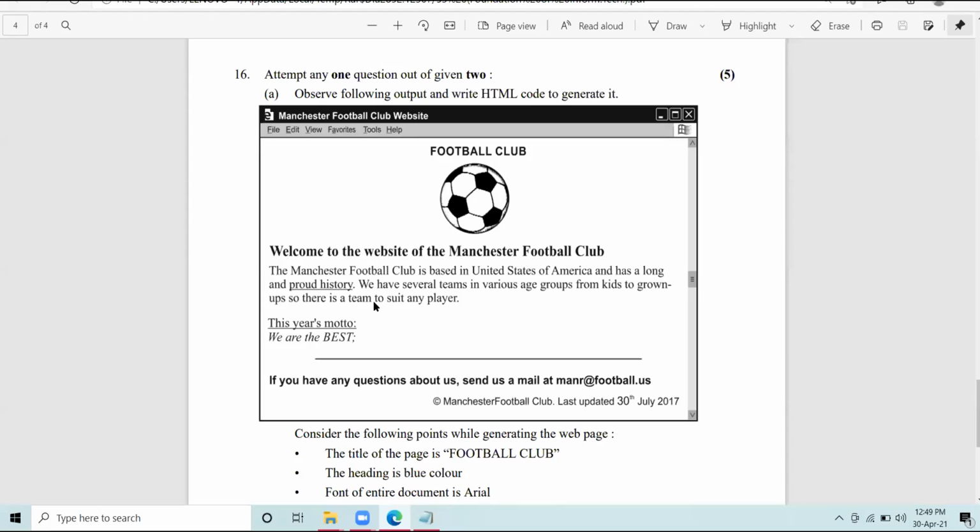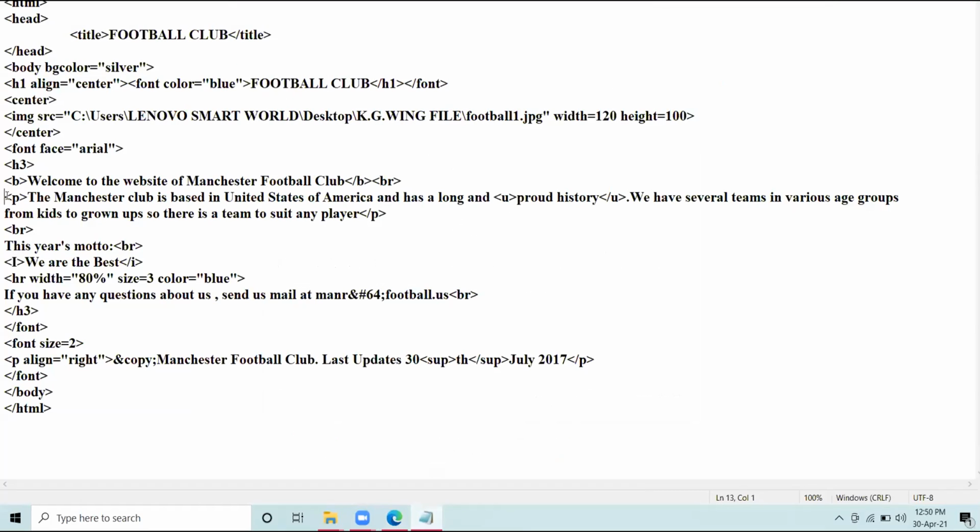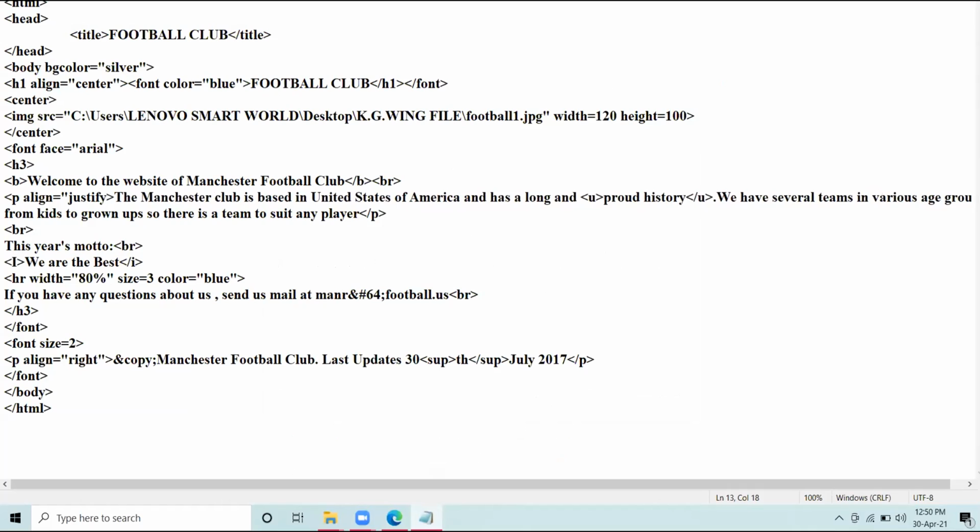Now here I have to create a paragraph. So I will take the paragraph tag, P tag, and I am setting the alignment of the paragraph as justify. Justify means equal distribution from the left and from the right. It's not uneven on the left or uneven on the right.